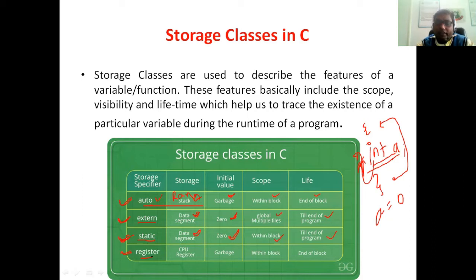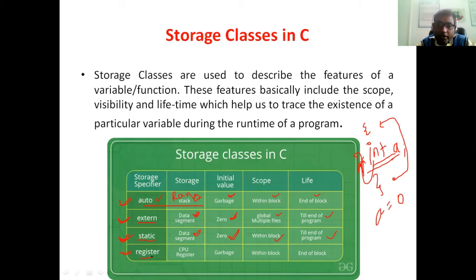So where will we get the memory allocation for the register storage class? Normally we get the memory allocation in RAM. While you are executing any program, all the programs should reside in your primary memory, that is, in the RAM. If we talk about a register, in the CPU we have registers in which we can store data temporarily, not permanently. We store the data temporarily in the CPU register. If you want to use a CPU register, you have to use the register storage class.